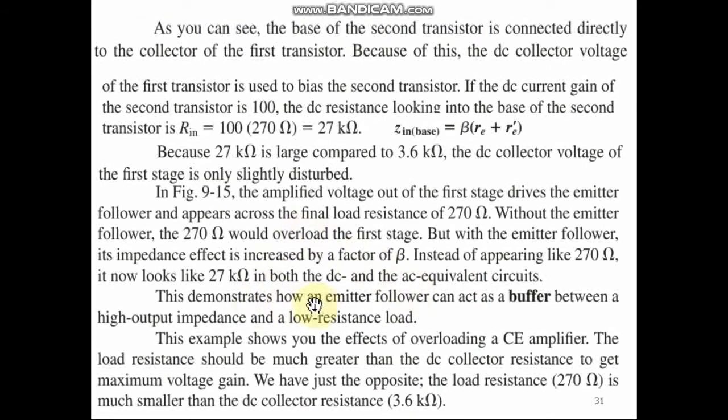This demonstration shows how an emitter follower can act as a buffer between a high output impedance and a low resistive load. So if your RL is low, then you need to use the emitter follower. Why is it called a buffer? Because